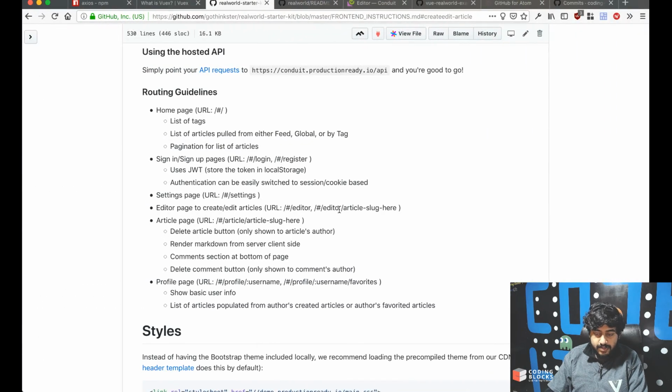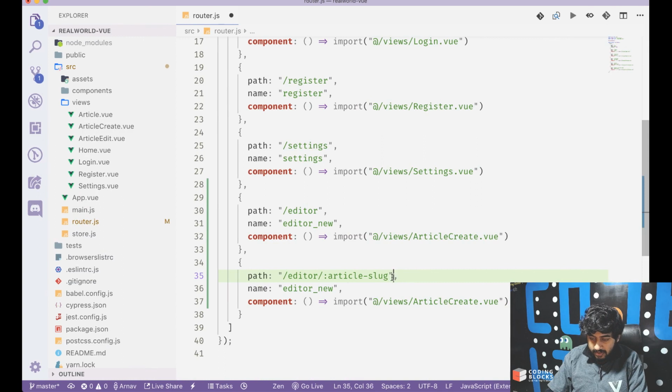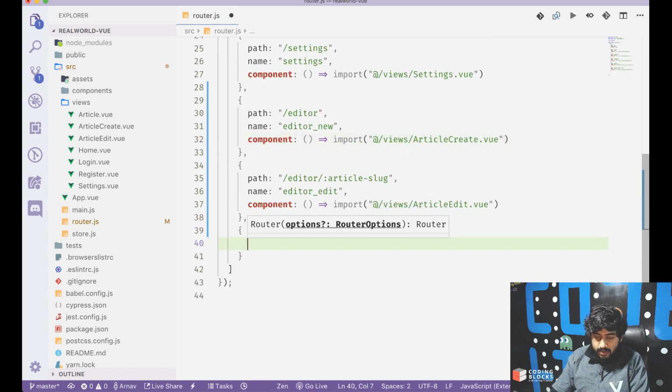each article page like this. So editor slash article slug like this. So editor slash existing, I would say, I think, or editor slash editor underscore edit. That's the name of this route. We'll import article edit dot view for this, right? And then we need to handle the